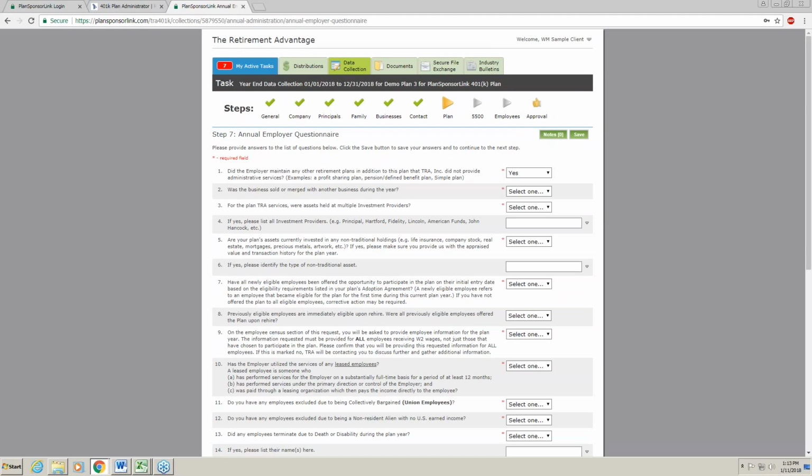The next step is an annual employer questionnaire. And again, you're going to see the red asterisks along the way of any required components that need to get filled out. And a lot of these questions are going to be yes or no type questions. They just give us additional information to be able to provide as complete and accurate a report as possible